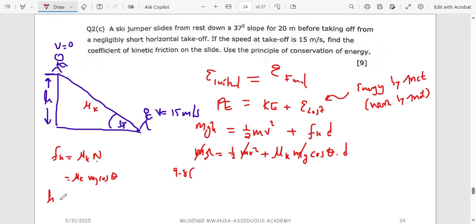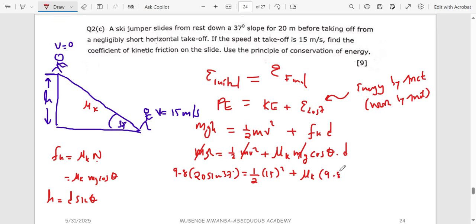But you know that height is d sine theta. So that is going to be 20 sine the angle, 37. And that is going to be equal to half, the final velocity is 15 at the bottom, squared, plus mu k,